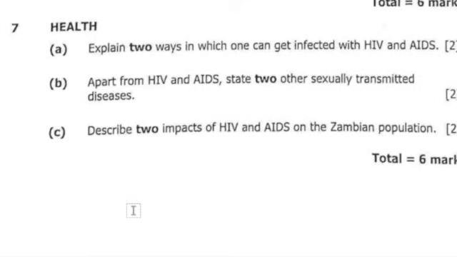Okay, so question 7 was coming from the topic of health. The first question of question 7 is: explain 2 ways in which one can get infected with HIV and AIDS. So they want us to state 2 modes of transmission of HIV and AIDS. So the first one is